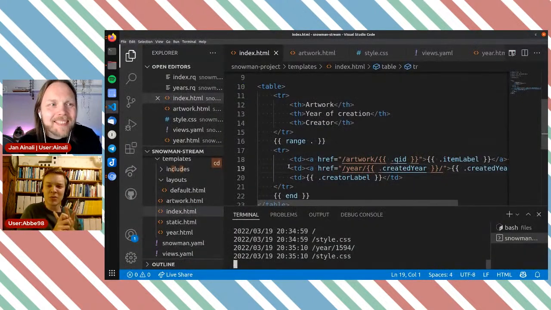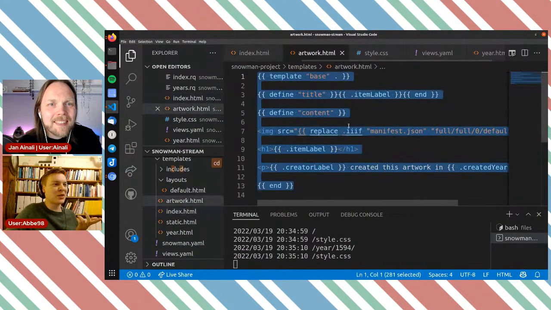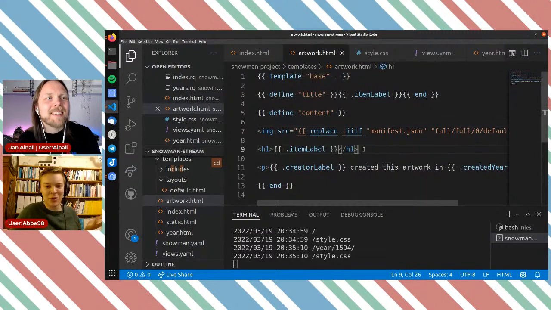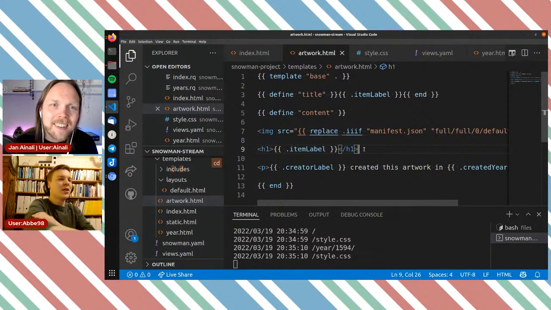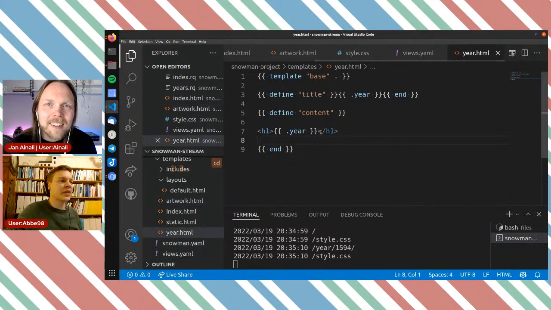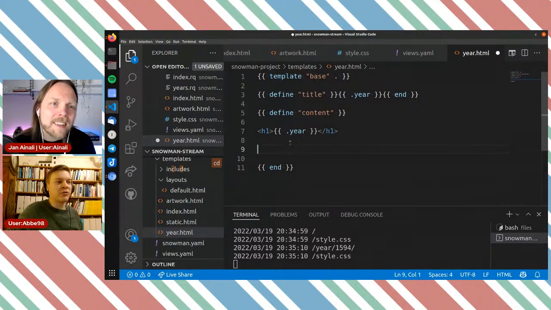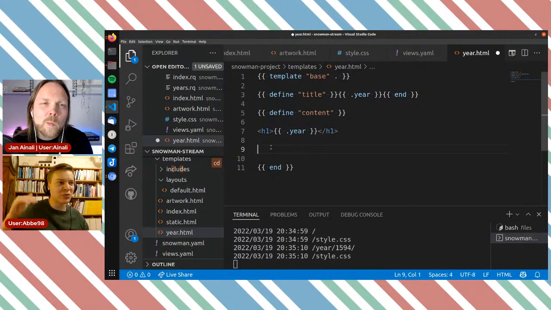And there could be multiple ways I could do this. There usually is that when you build web pages with Snowman, because you can put logic in the SPARQL or in the templates. It's not very opinionated on that. But looking at the year here, I could write a query and call that query with the year as a parameter, because you can pass parameters, but that would issue one query for each year. So instead, I want to actually